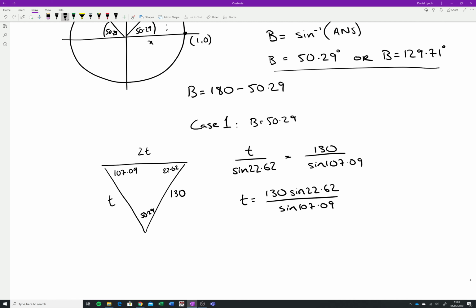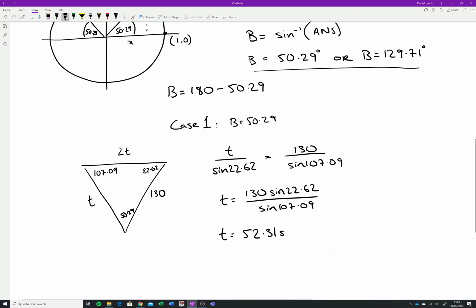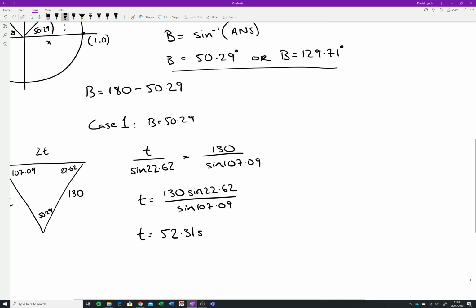So 130 sine 22.62 over sine 107.09. If you don't close the brackets on the new one, it doesn't do it for you automatically, apparently. So we have t is equal to 51.31 seconds. That's what we end up getting. And if we do case 2, beside it, which is that our angle there